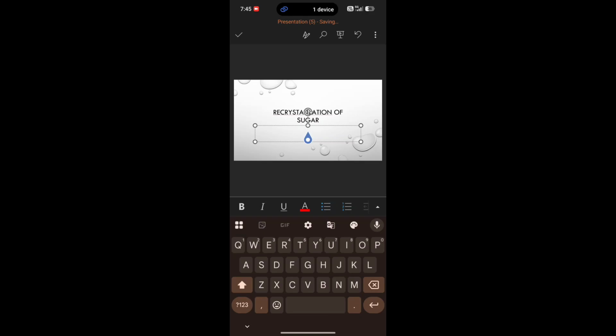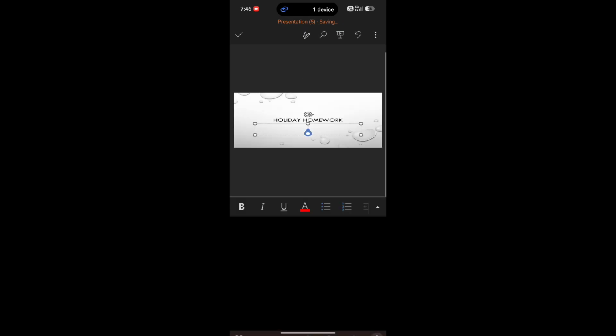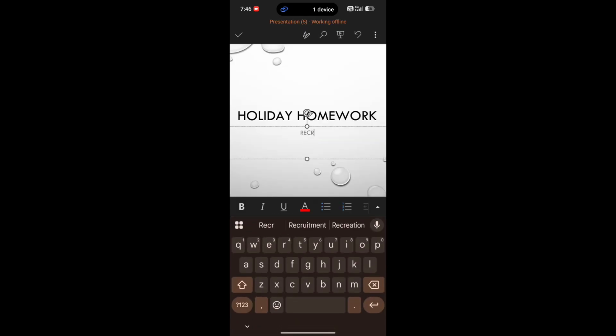So instead of writing holiday homework, we can also write here, right? Holiday homework. So I'm going to change the recrystallization of sugar to holiday homework, right? And then in the subtopic, we will write recrystallization of sugar, right? So this is how you can just add this text to the slides. So once this is done,